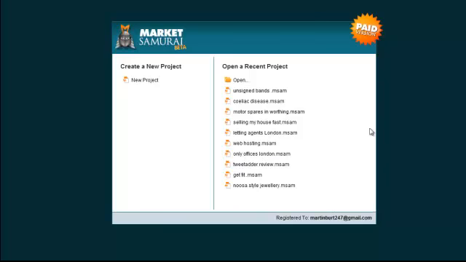In this video, we're going to go through and have a look at a bit of software called Market Samurai. Now, what Market Samurai does is actually sort of a keyword tool, for want of a better word. But what it basically is able to do is give you four different ways of looking for certain keywords and